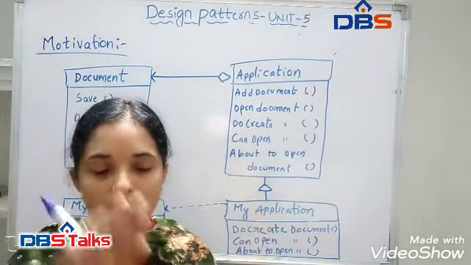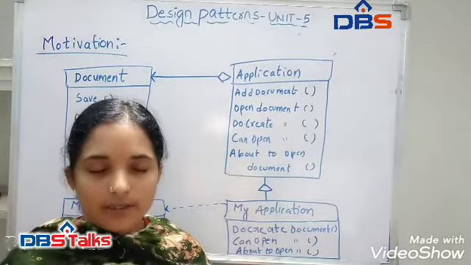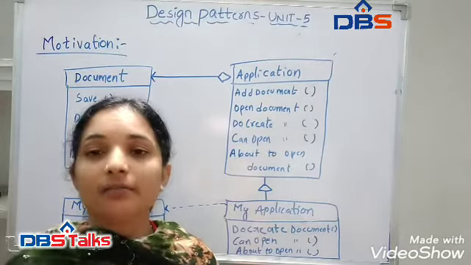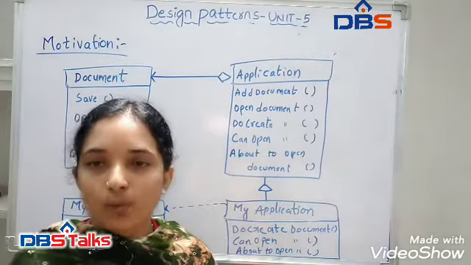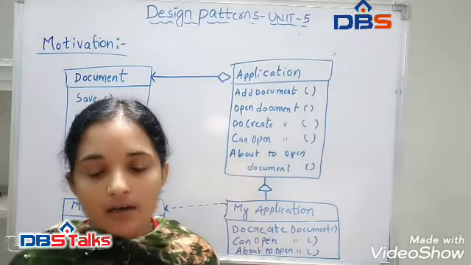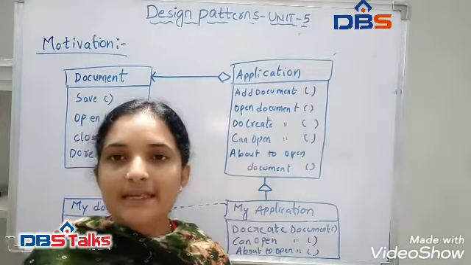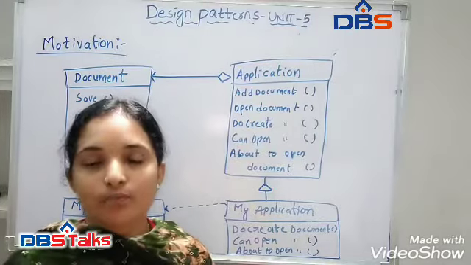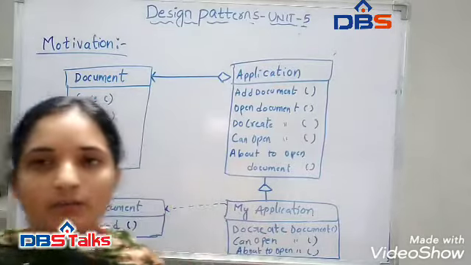In that Word we have a number of things like PowerPoint, spreadsheet, my document, Word wide software, everything. Whatever we have to select, we have to follow the same steps to open the documents. But we are using different things like spreadsheet, PowerPoint, and Word document. Whatever documents we are using, the sequence is the same, but what we are using is different. That is the working of this template method.